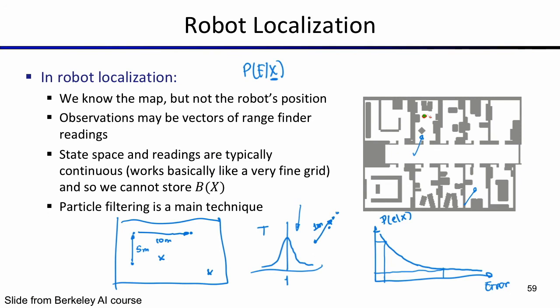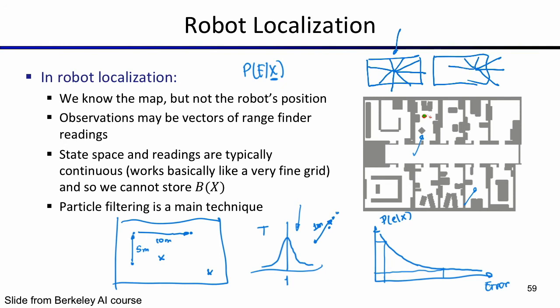Let's suppose that we are comparing two particles in exactly the same room, but one particle is more in the middle and the other one is closer to the right wall. We have these readings from the sensor, and they seem very compatible, with a few exceptions here, with this position here. And if we look at this other particle and put the same readings, we're going to see that there will be a large error involved here,